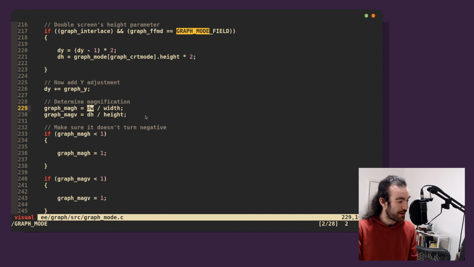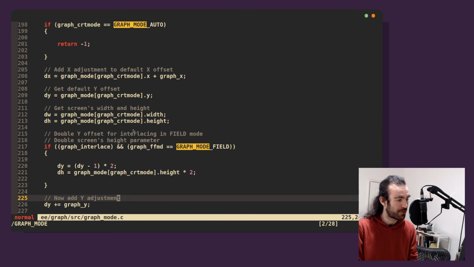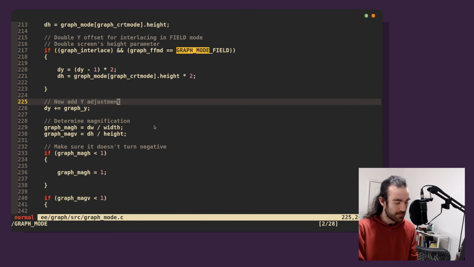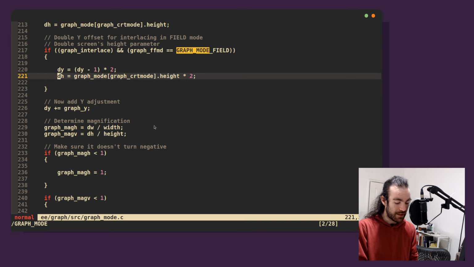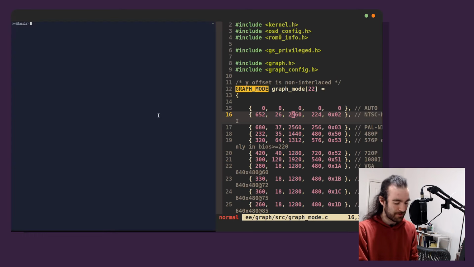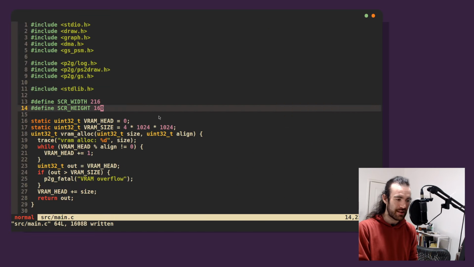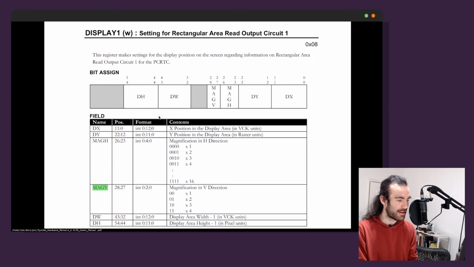Now, dw divided by width. Okay, this is our magnification. So this feels like where it's going wrong. So in this case, dw is, I see what's happening now. So dw is 2,560. Right? This is how wide the entire band is. And if we divide that by 640, we get 4. Now, that doesn't feel right because